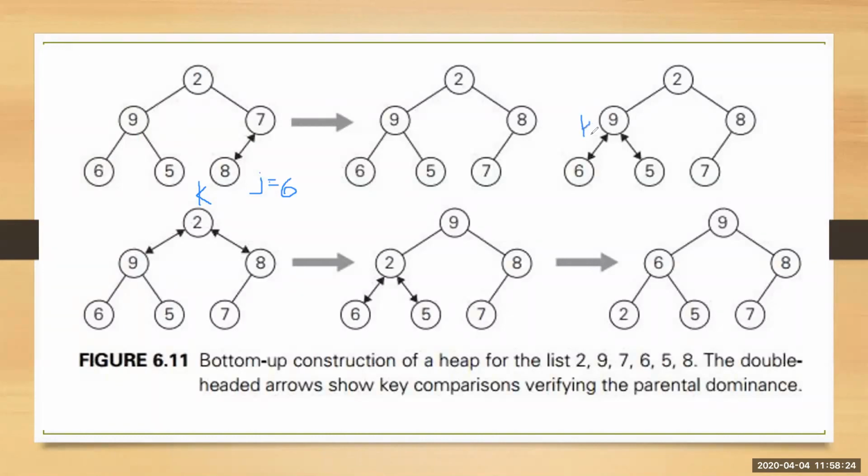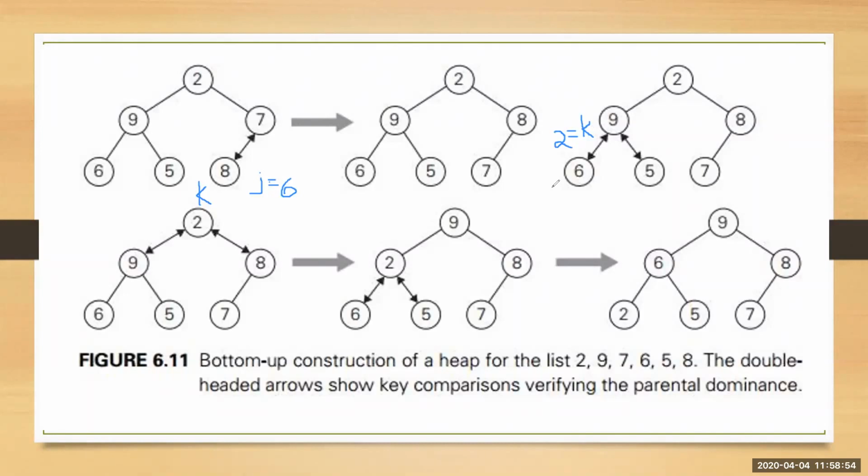Now it checks whether 2 into k. Sorry, not 9 is k, its index. What is its index? K's index is 2. Okay, now it will check whether 2 into 2 is lesser than n. What is 2 into 2? It is 4. Whether 4 is lesser than n? Yes, true, because 4 is lesser than 6. 6 is the value of n, total number of nodes. So it means that the child index is valid, it contains a valid child.